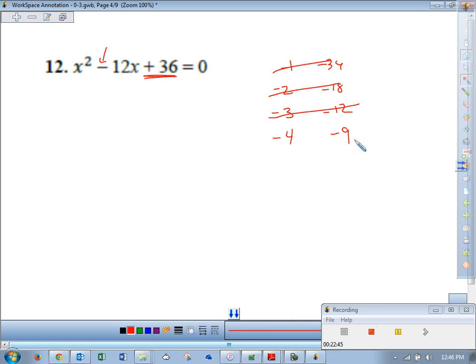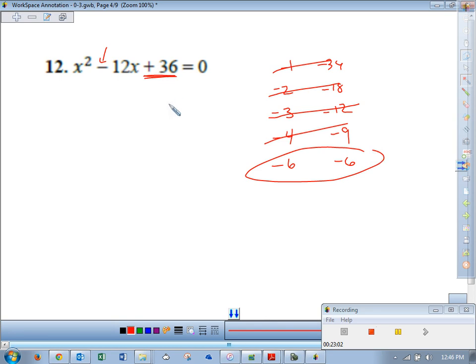So a lot of people quit. They're like, that's it. Negative 5 does not go in there. Does negative 6 go into 36? Negative 6 times negative 6, correct? Do these add together to be negative 12? And here's the secret. When the two numbers that you found were the same, that means that this is a